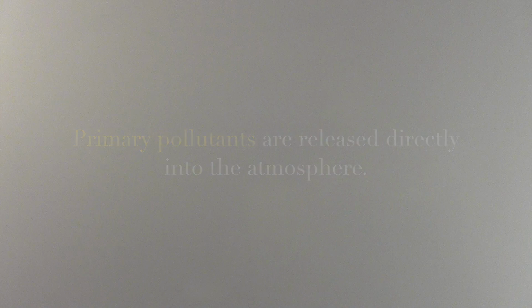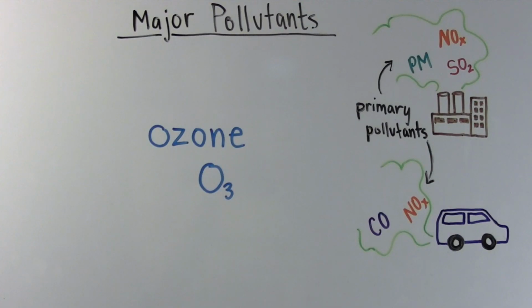Now let's consider a secondary pollutant, ozone. Environmental scientists talk about ozone at two regions in the atmosphere. Ozone in the upper stratosphere is very helpful in blocking ultraviolet radiation that we'll talk about later. However, here we're talking about ground-level ozone that is harmful to respiratory systems, plants, and animals.